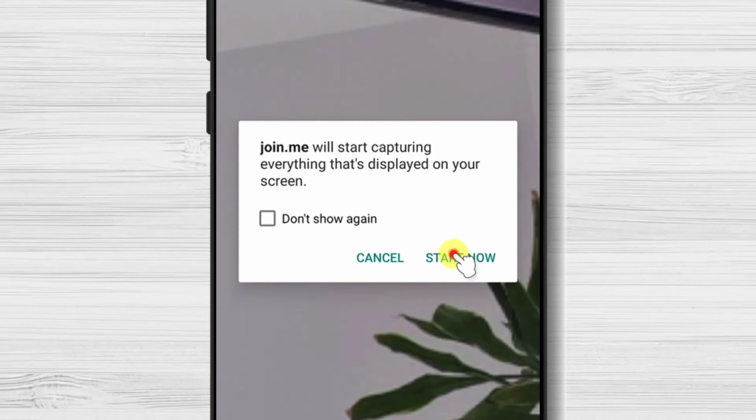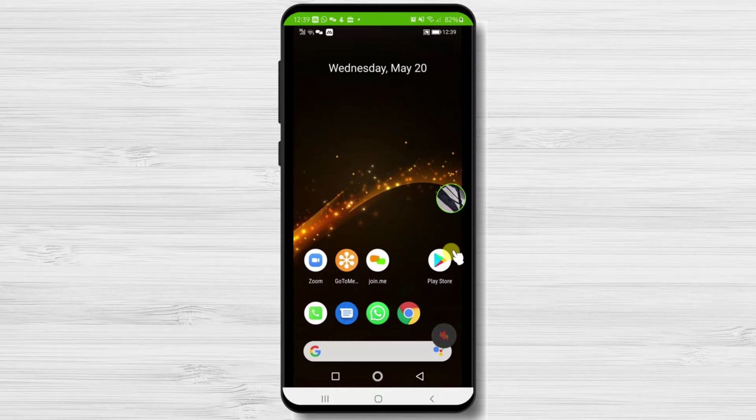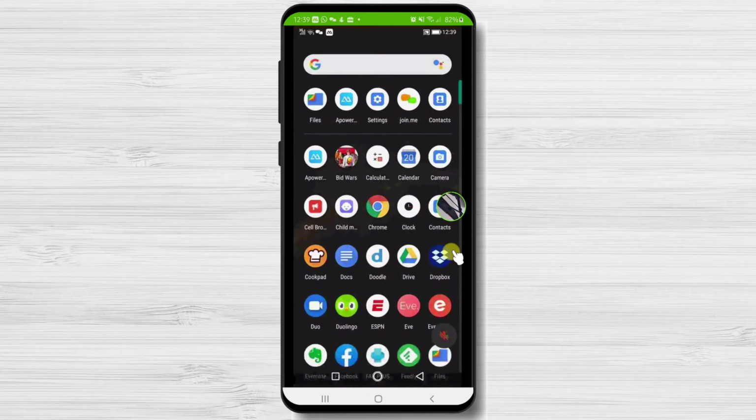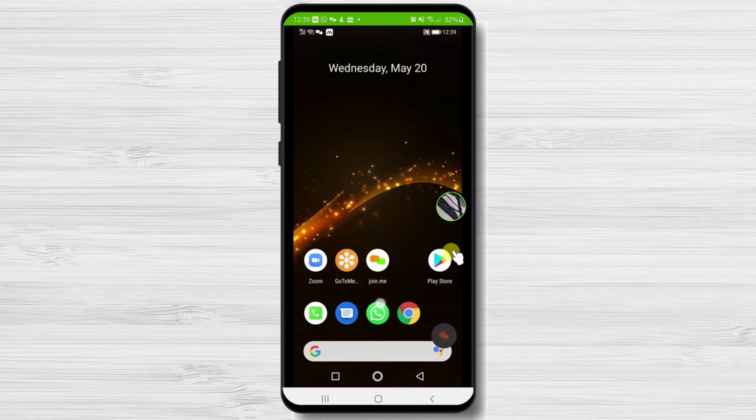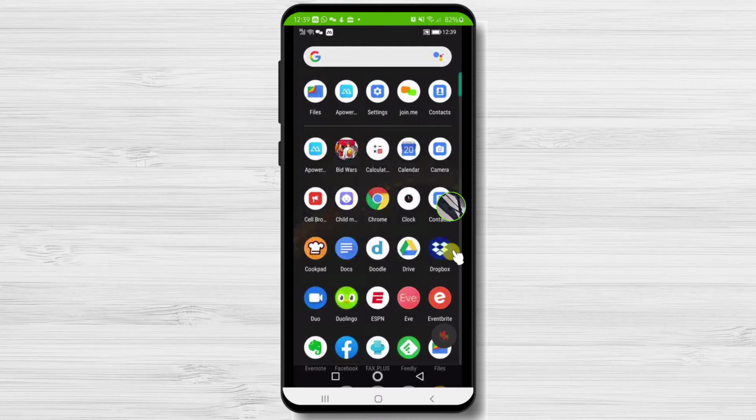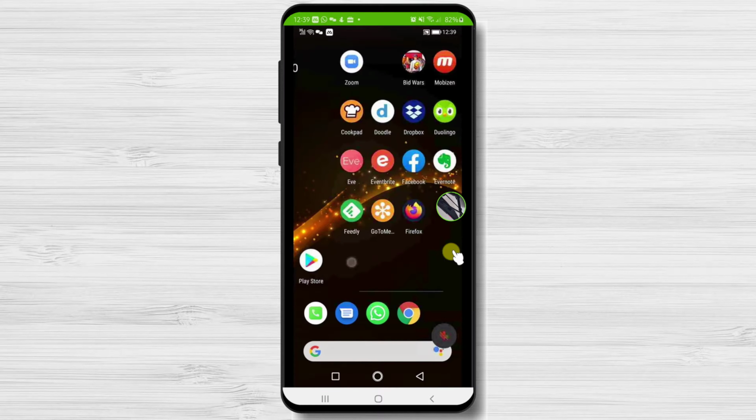I have another Android device connected to the conference call as well. Let me show you how other persons see your screen sharing. The screen sharing works very well. From my point of view, it is almost in real time. So this is an excellent option to share the screen.